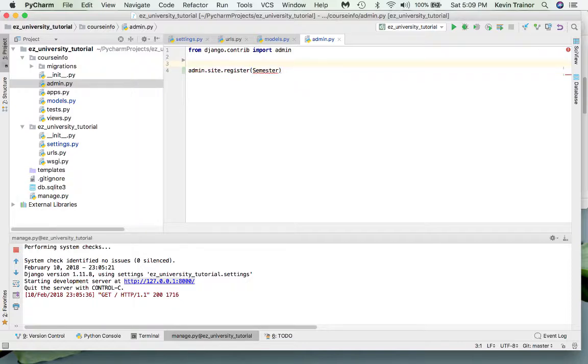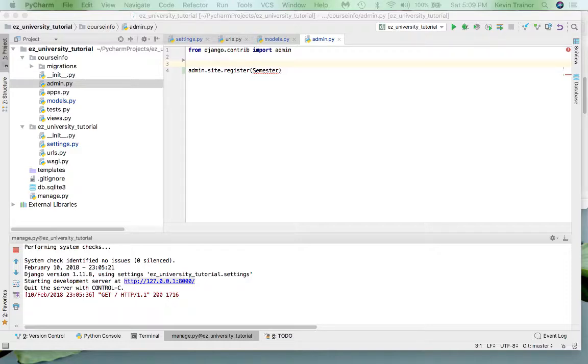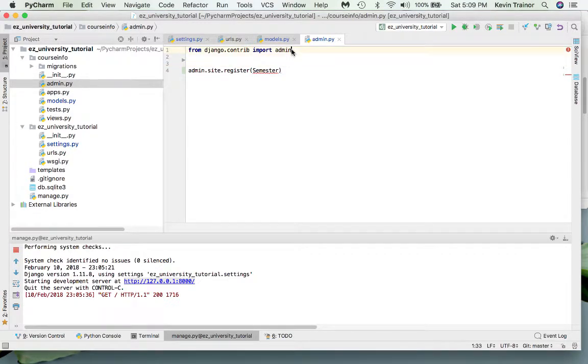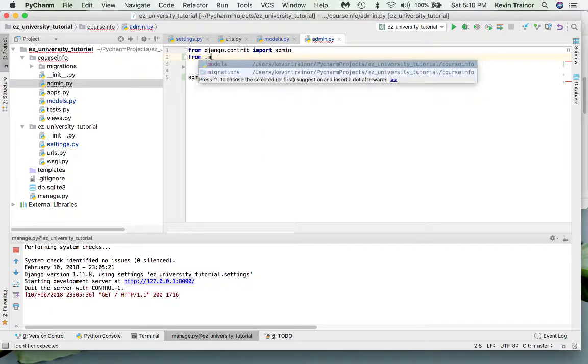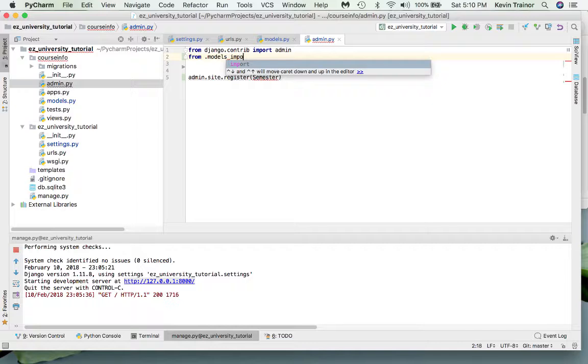Okay, so we're going to say we want to register the semester class with the administrative site. Well, what's wrong with semester? Well, we need an import. Okay, well, how could we do that? Well, we could add an import. And we could say from dot models import, and we could say semester, and then let's decide the other one, section,